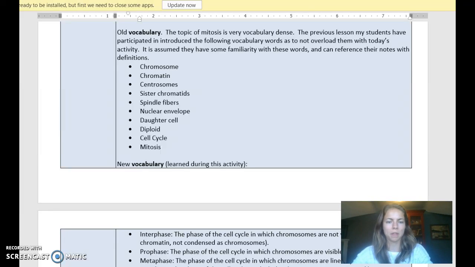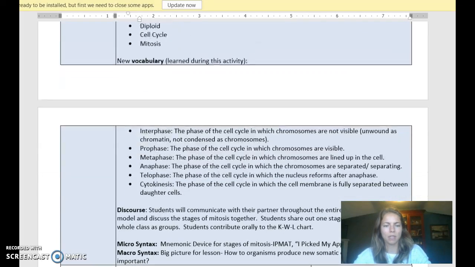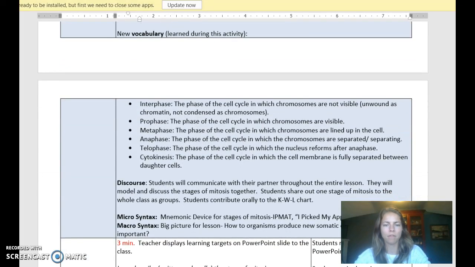And I mean, there's more than 7, so this might even be more than 2 days of work. But basically, they have been exposed to these words. And then for this activity, they have new words, and those are basically each of the stages of mitosis. So interphase, prophase, metaphase, anaphase, telophase, and cytokinesis. So those are going to be the new words that they're unfamiliar with, and we're going to need to go